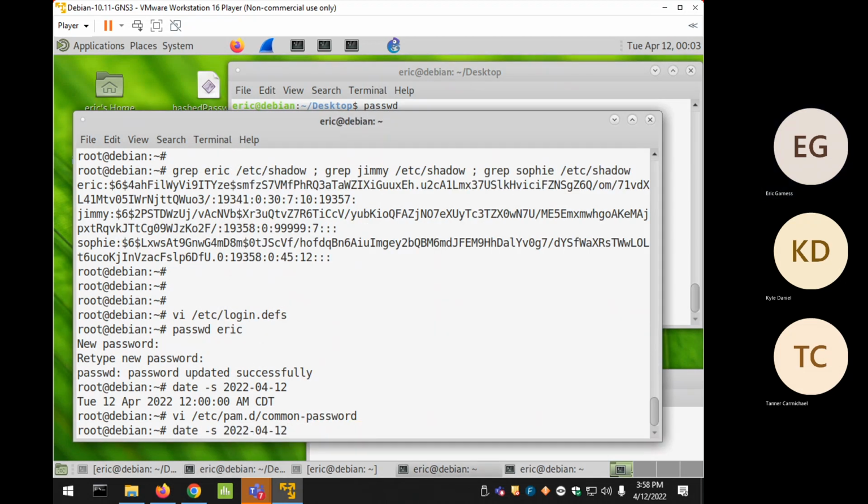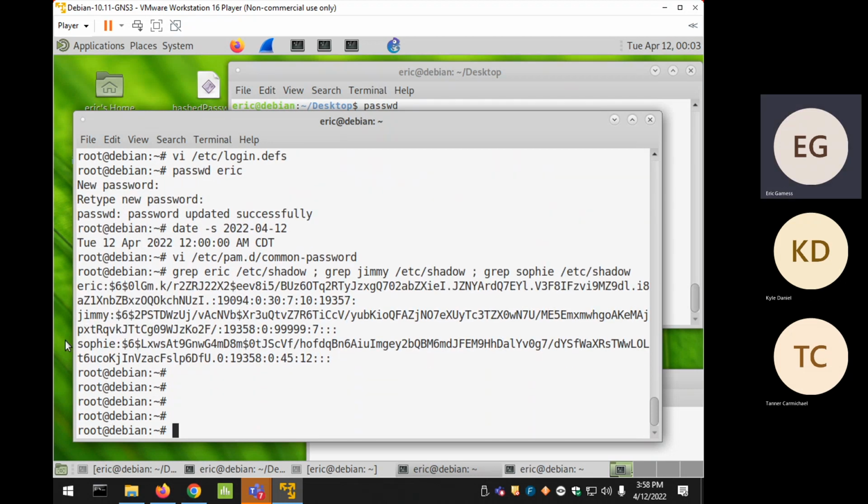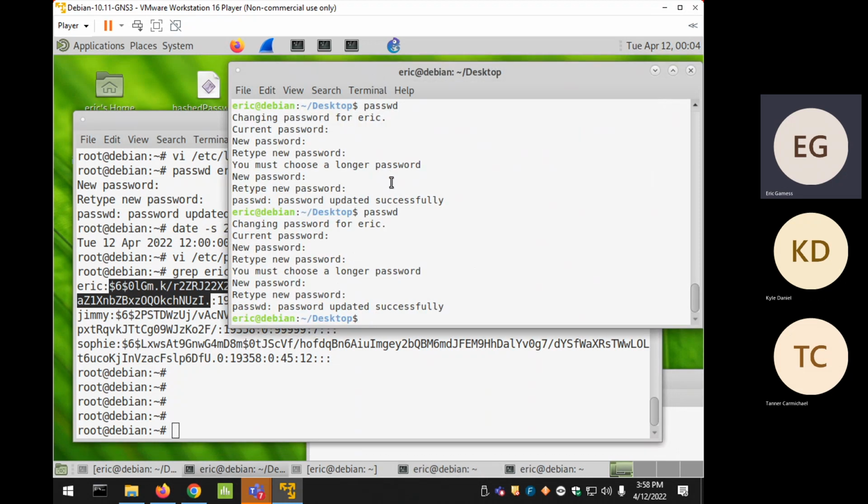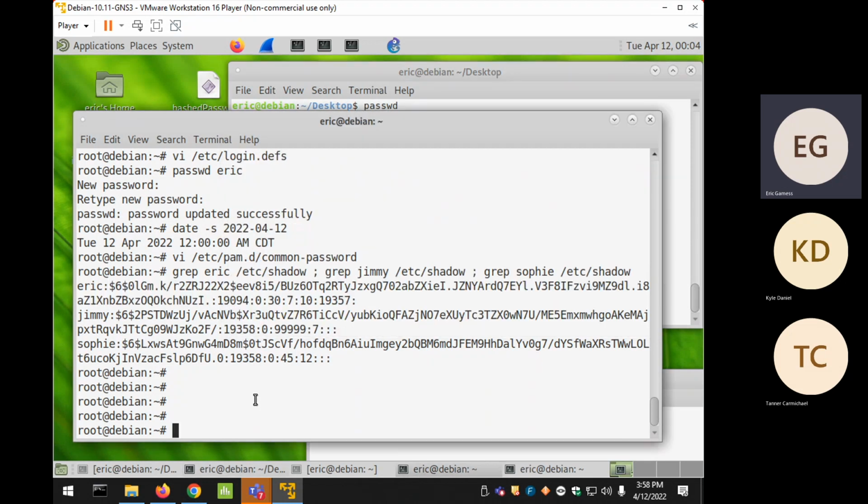If I go and look here, this is the password encrypted using the SHA-512 algorithm. So in this moment, we are using the SHA-512 algorithm. But in the past, we used to use the SHA-256 algorithm. So I'm going to say, I want to use the SHA-256 algorithm for the password. So for that, in the same file that I just modified, no, in this file, in the etc